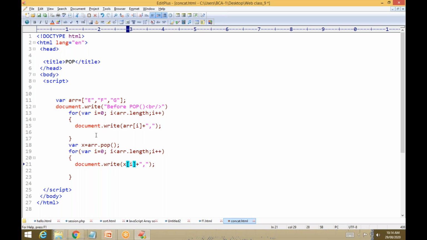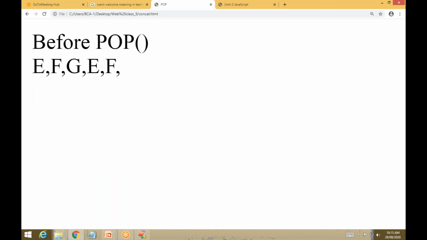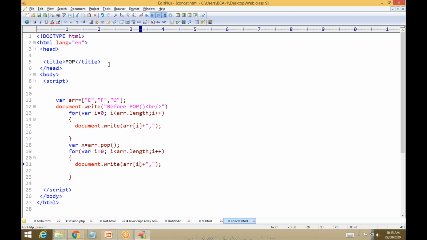If you want to print the remaining values, just write array, remaining values, and within that you have to write I. Then print. See the remaining values, e and f. If you want to print the deleted value, just write x, because the deleted value is stored in x, right? So that is the deleted value that prints.